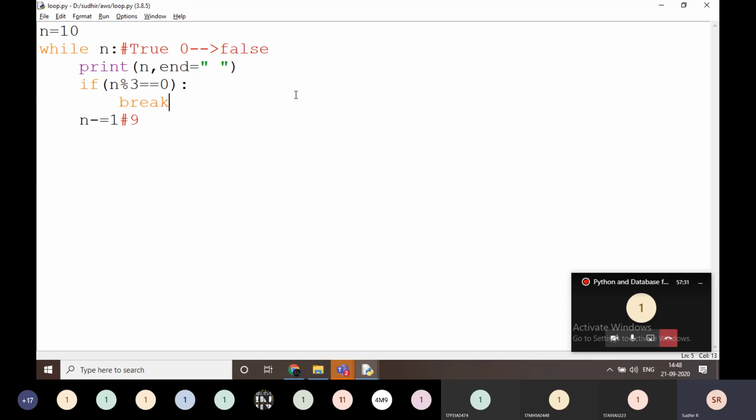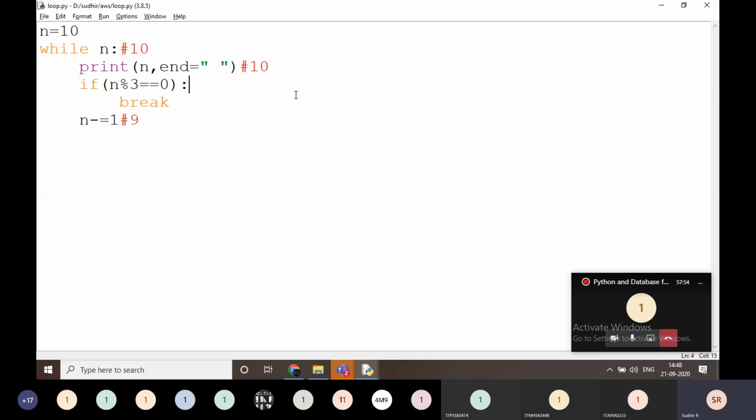Then what is the output at this position? First of all, I am going to trace it manually. Just look here. What is the n value? The n value is 10. That means 10 is printed here.